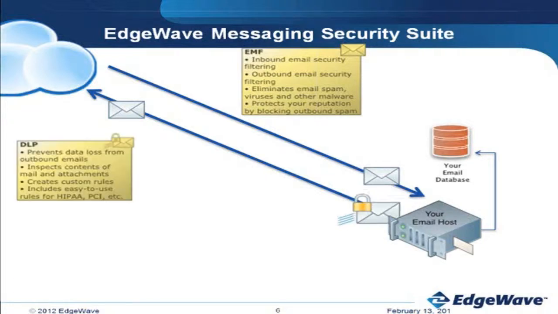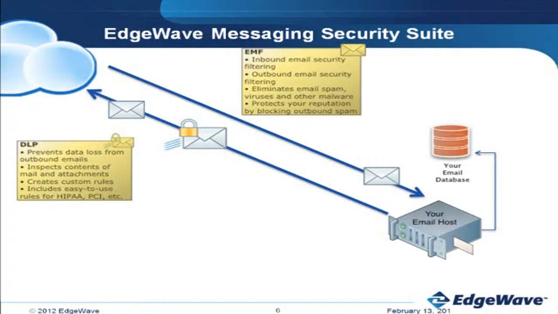Now we need to add on top of this our DLP, our data loss protection package. DLP basically scans your outgoing emails for any sensitive data, and it doesn't scan just the emails, but it scans all attachments. Sensitive data like PHI could be patient records, it could be social security numbers, credit card numbers, all those kind of things. So the DLP engine scans anything that is leaving your company and inspects the contents of